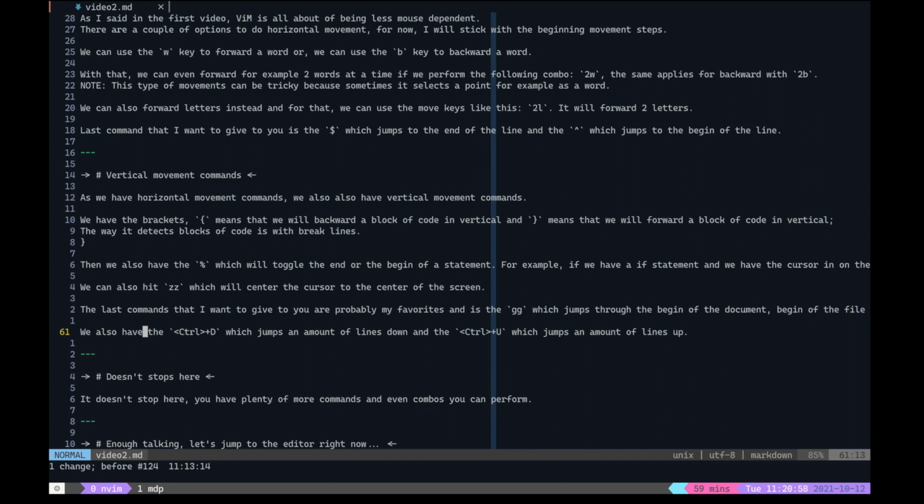I'm thinking what I will present in the next video. I'm not sure if it will be about windows and panes or if it will be with more advanced commands like delete lines, copy lines, delete words. But basically, I think that it will be the second option. It will be more advanced commands because it makes more sense. And I'll maybe make a last video talking about buffers, which stands for windows, and the configuration of Vim and stuff like that.